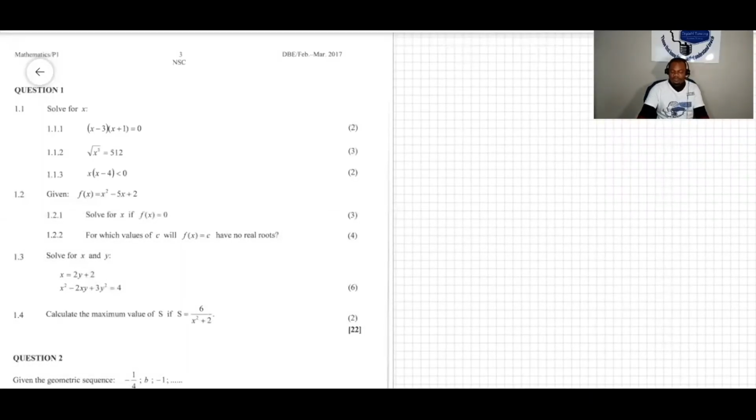All right, we have a question here, question 1.3. The question says x, open brackets, right here. In the previous video, we did question 1.1.1 and question 1.1.2. So here we're still solving for x, 1.1.3, and then it's given x minus 4 less than 0, and then we need to find the value of